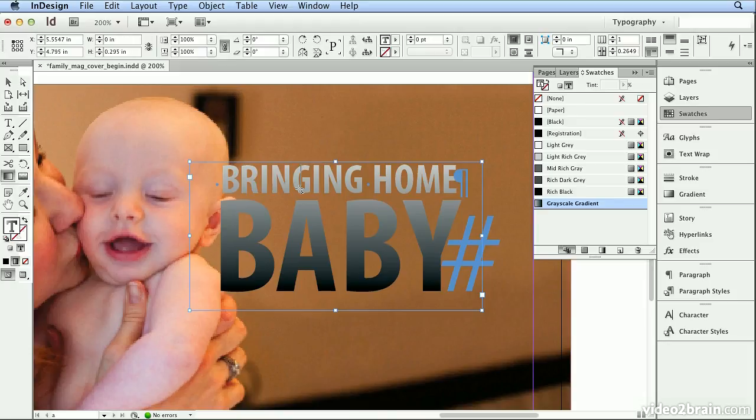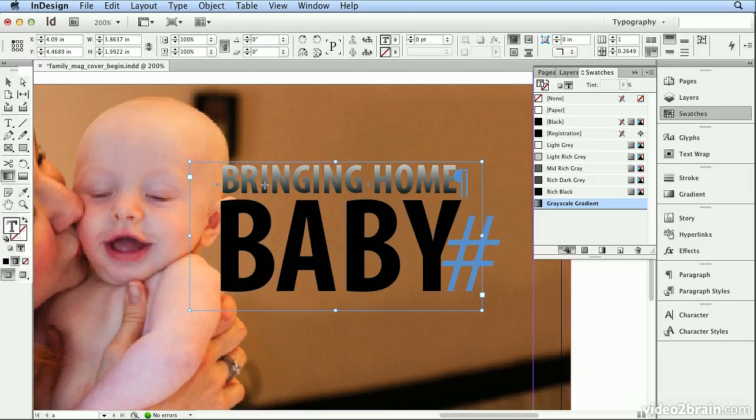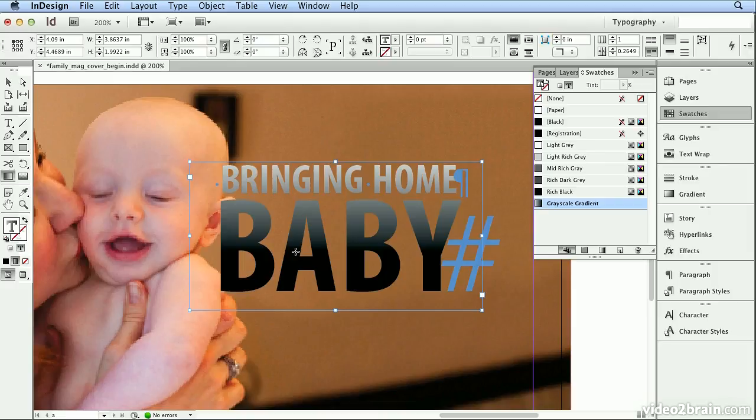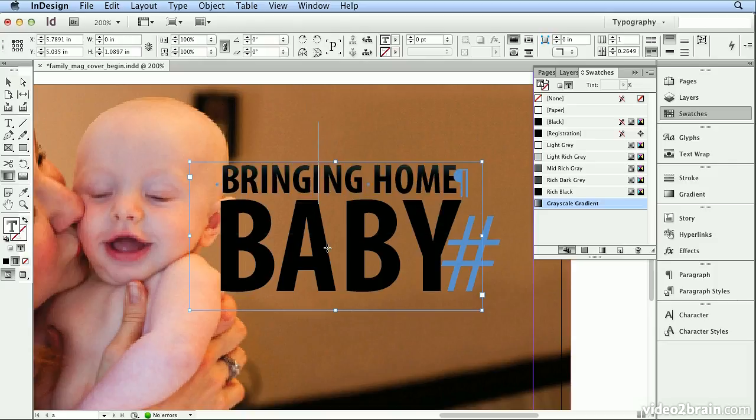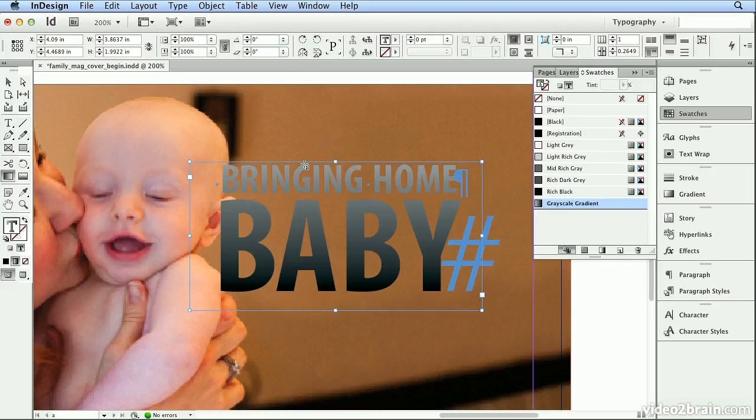A very short drag just over the word "bringing" will fill the light to dark in just the text on the top. The longer you drag down, the more shades of gray you get. So you can keep resetting this over and over again by even starting much higher and dragging down here, or dragging much lower. I'm going to cover just a little bit into the top of the word "baby,"